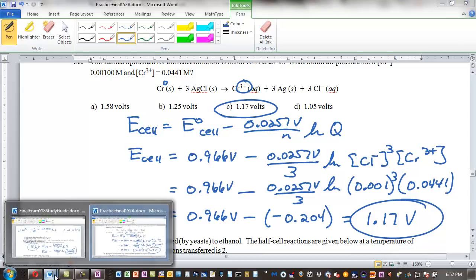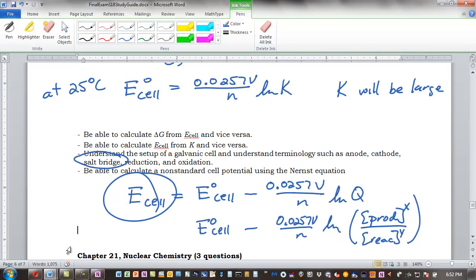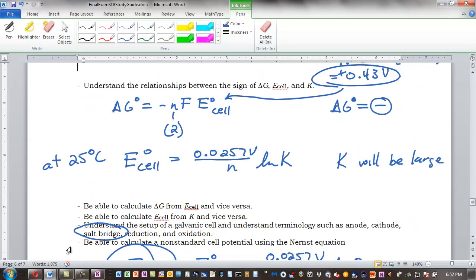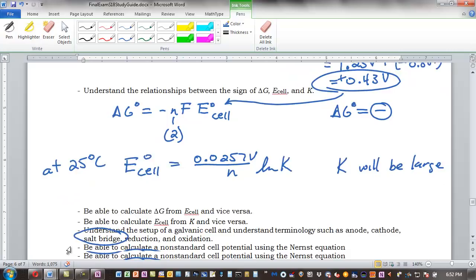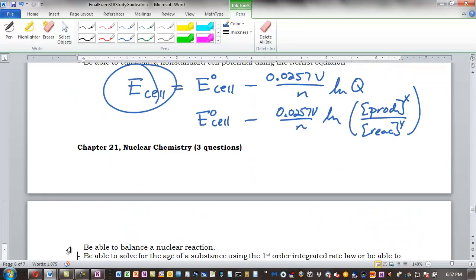All right, we're almost done, I think. So, sorry, we kind of went through electrochem pretty fast, but look back through that material. Practice some of these on the practice final and using these equations. They're not that bad. The last thing for tonight,